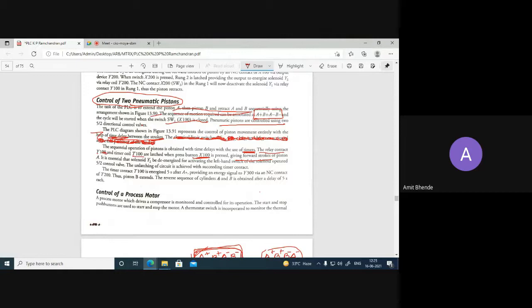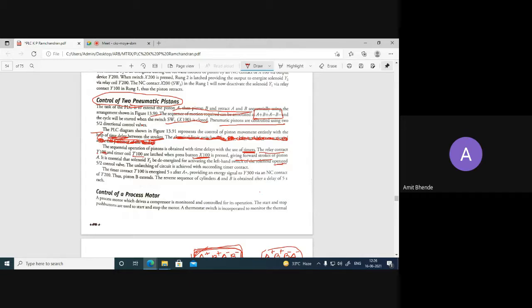It is essential that the solenoid Y2 be de-energized for activating the left-hand switch of the solenoid operated 5/2 control valve. The unlatching of the circuit is achieved with the succeeding timer contact. That means if you want to operate the Y1 solenoid, at that time the Y2 solenoid should be de-energized, deactivated.